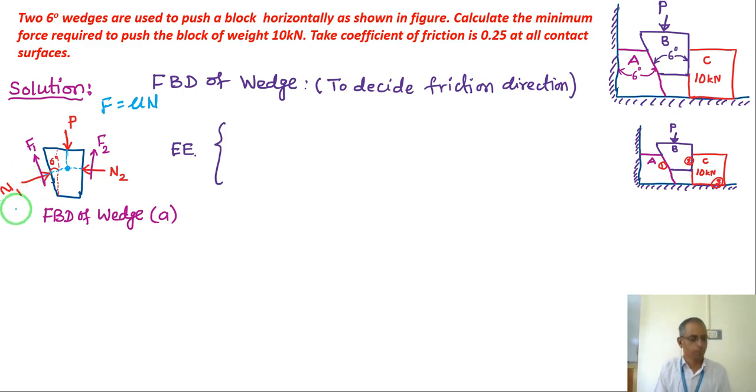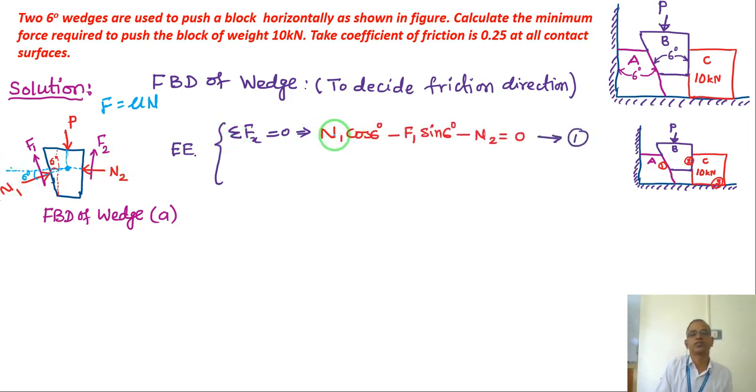This is very important, right? So now, summation. I need to know, if I try to draw a horizontal here, this angle is my 6 degree. This is what I need to understand, right? So now summation Fx, that is N2 minus, right, minus N2, then N1 cos 6 degree positive,